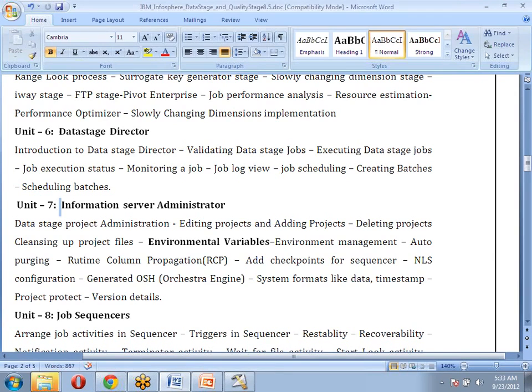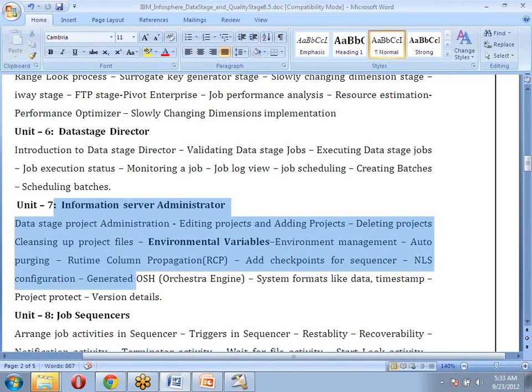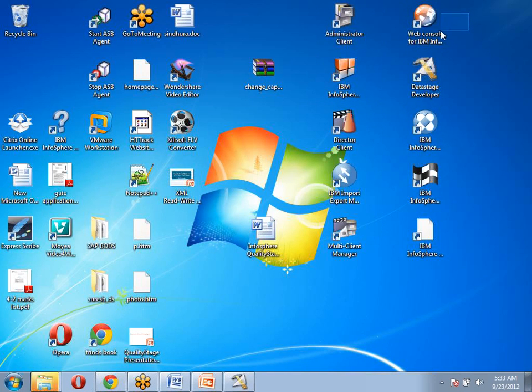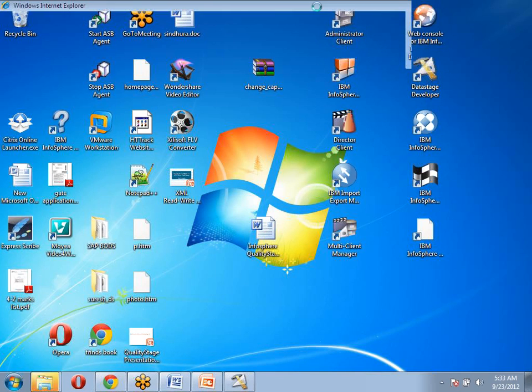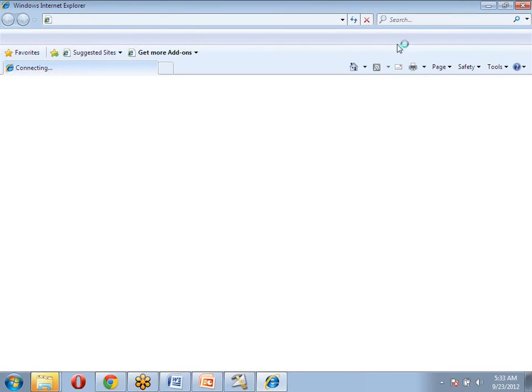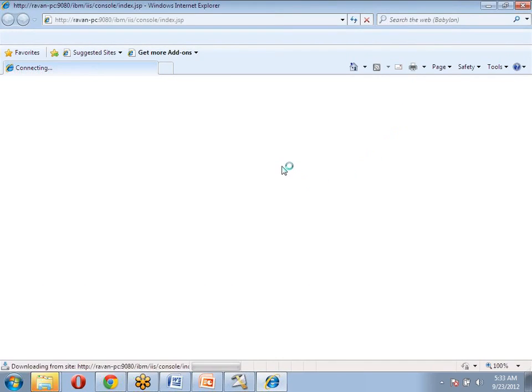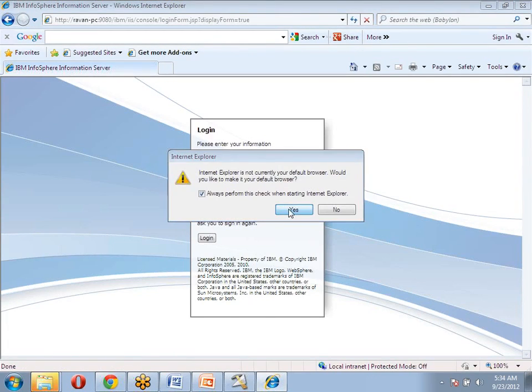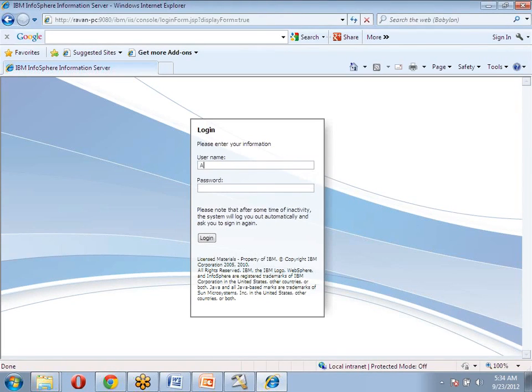Next, we are also going to cover the Information Server administrator, meaning the admin components. When you open DataStage, this is all about administrator client components. Here, there is the web console for information server, and this is the desktop administrator. The web console is a browser-based administrator that is used to maintain the whole project. And the general desktop administrator is a component which is used to connect with the normal